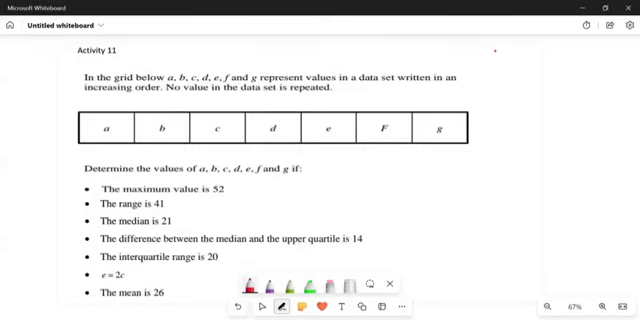In the grid below, A, B, C, D, E, F represent the data set written in increasing order. No value in the data set repeats itself. Now, if you remember what Amu did was to say, okay, this one is going to be data number